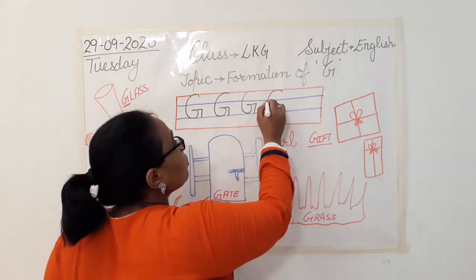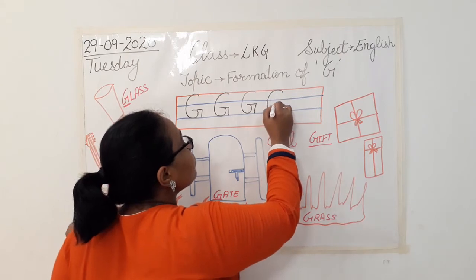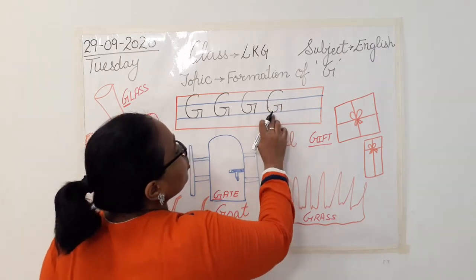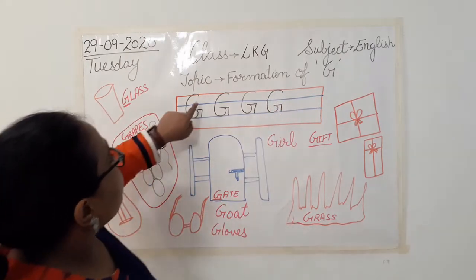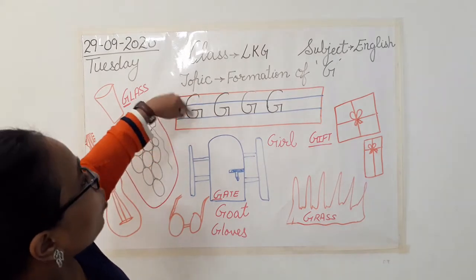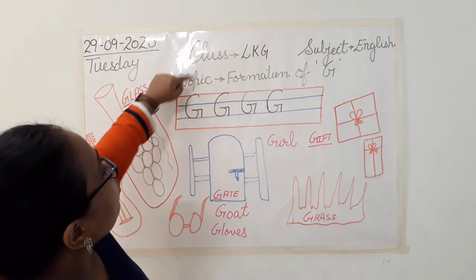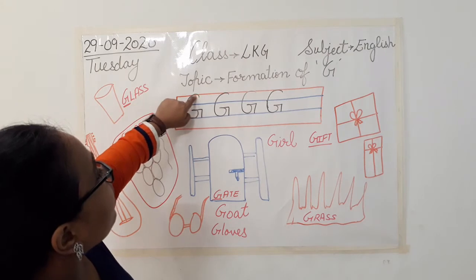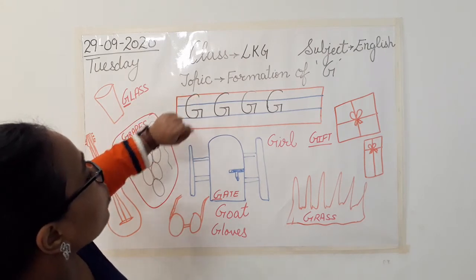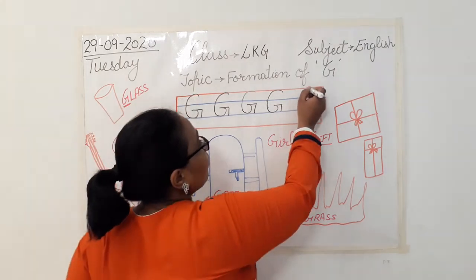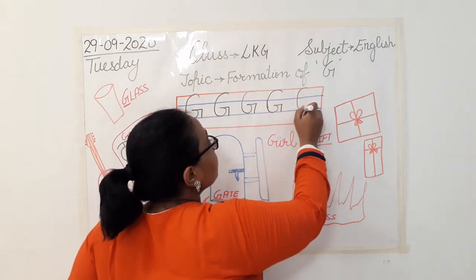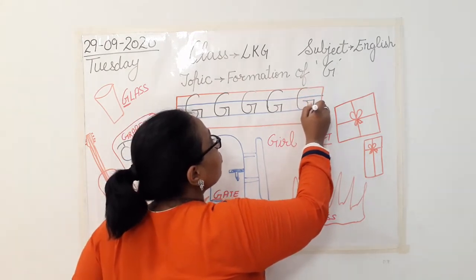So don't forget to touch the blue line. See, I just didn't do it. That was wrong. So you will touch the blue line. You will start from this. Don't go beyond. Red line से ऊपर नहीं जाना है. उसको सिर्फ touch करना है आपको. See, like this you are going to touch it. Again I am writing like this. Touch the red line. Again blue line.